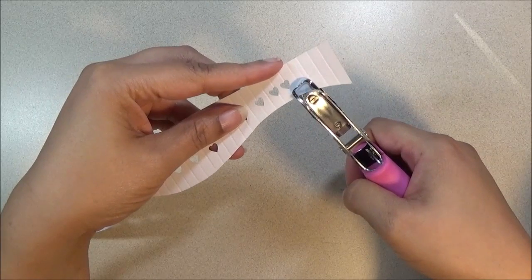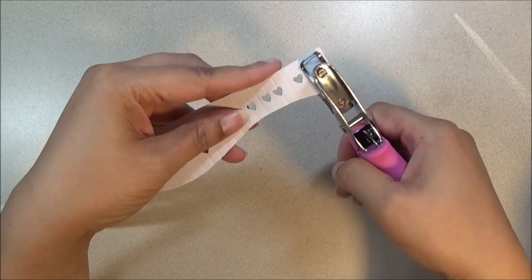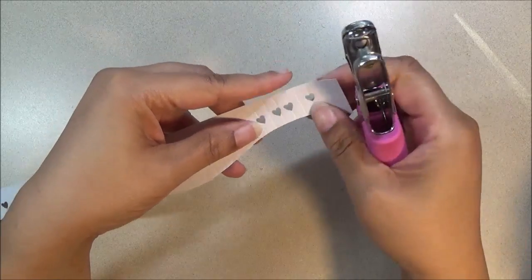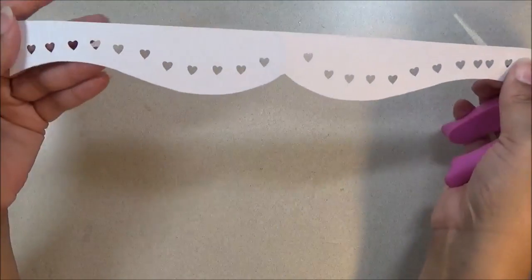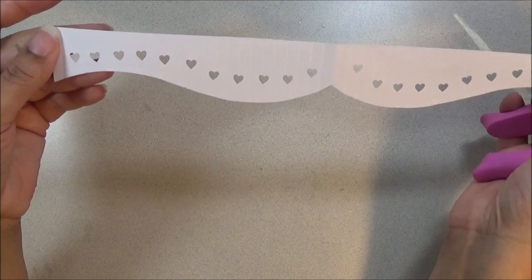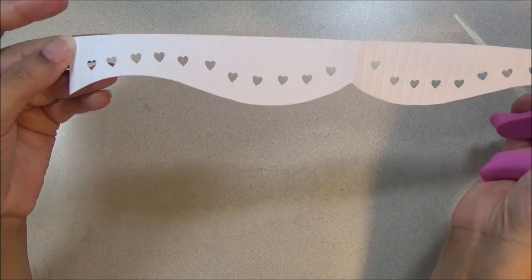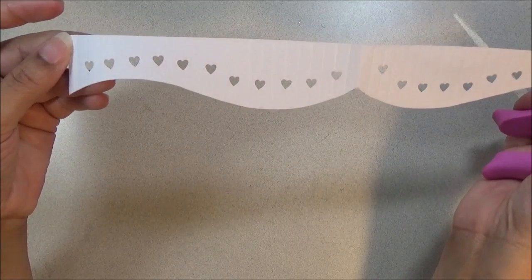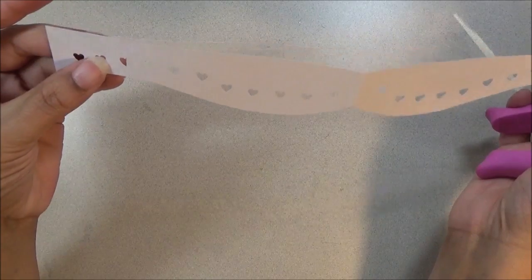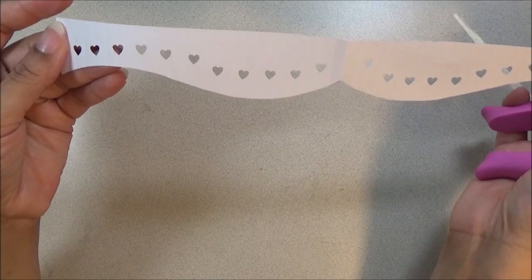It's hard to see because I'm away from the camera. It's easier when I have it up close towards me. And then we'll stop there. Okay, so that's how it looks. It was hard to see with it being away from me, but that's the gist of how it's going to look when you do it. You do it better than me, but you just do it every other line,